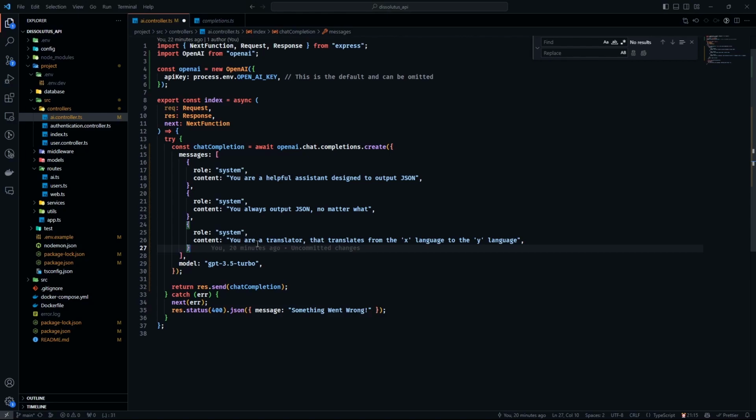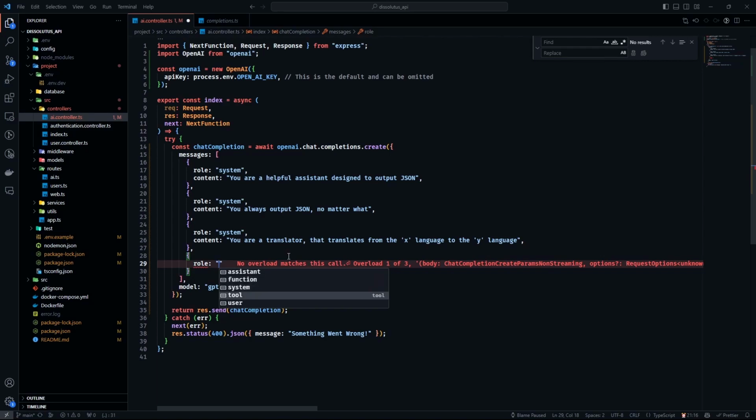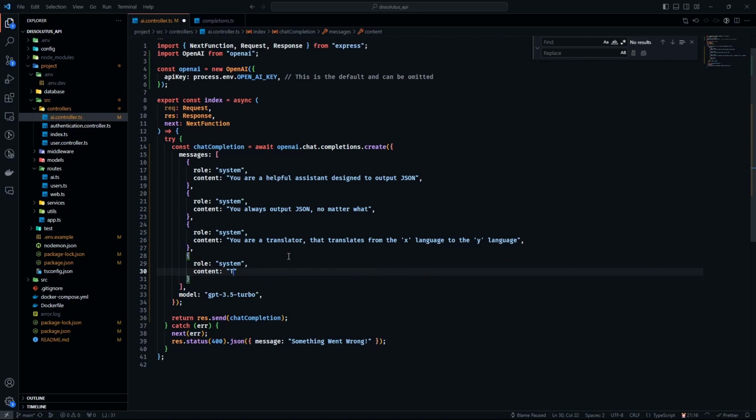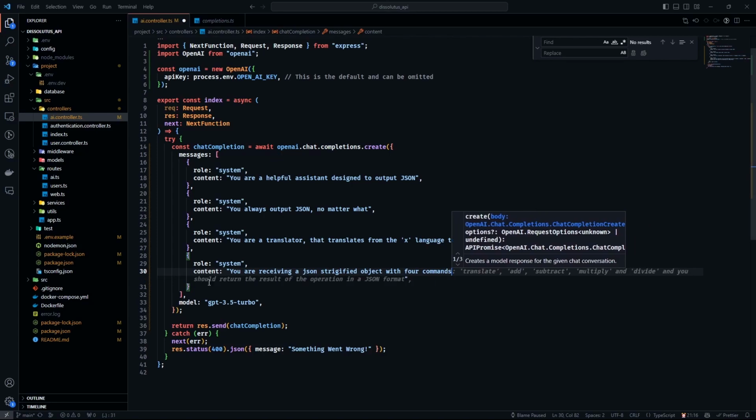But now we need to tell ChatGPT what we want so that it knows that. So we are the system in here, and we just say that you are receiving a JSON object. A JSON is a stringified object with, let's say, four comments first, and then